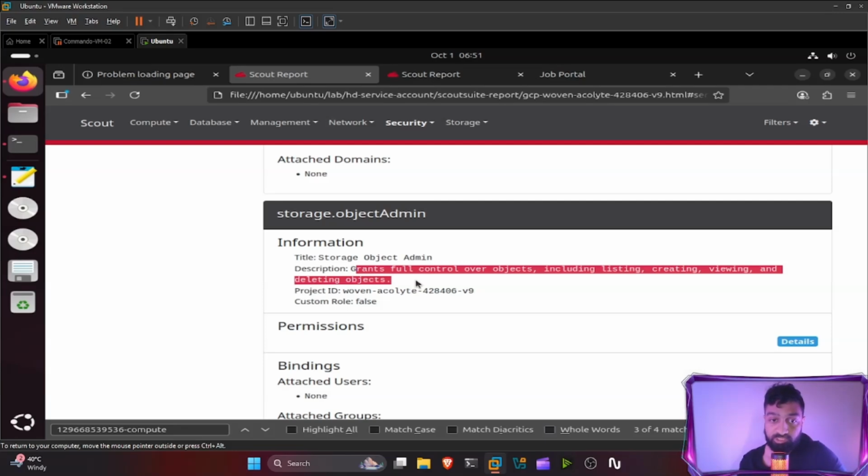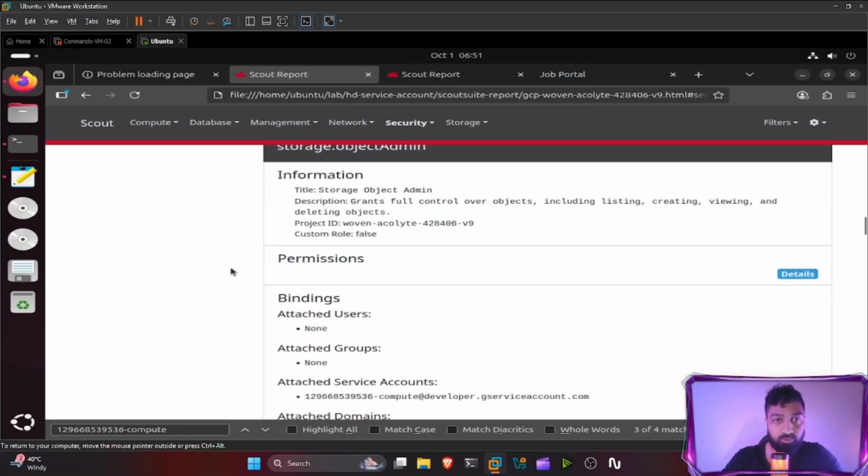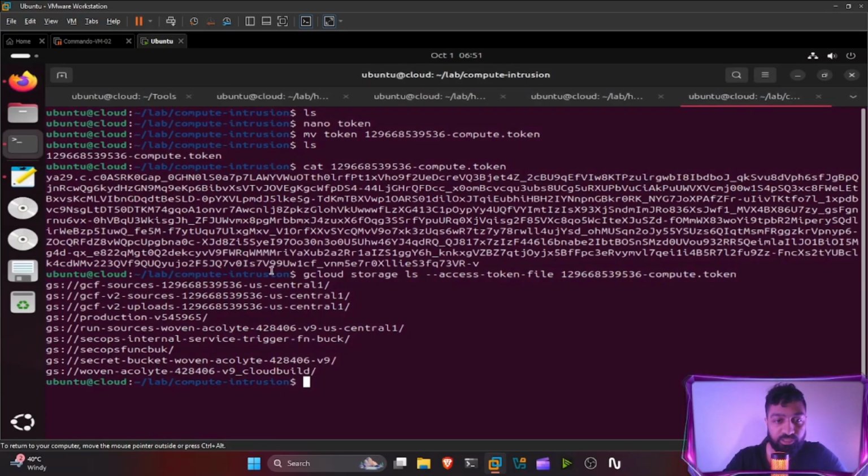The scope just tells you where you're able to use your permissions, if you have any. So with that clarification being provided, we go back to here,